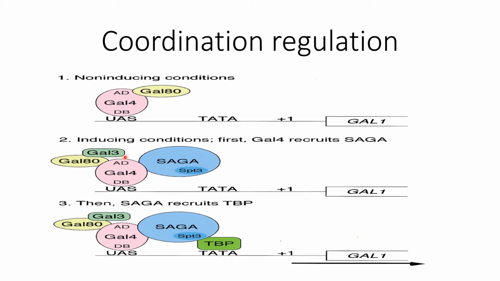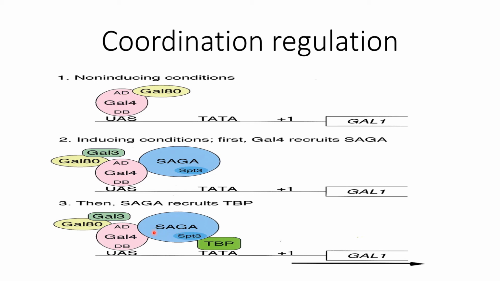The Gal3 protein is activated, and this Gal3 protein binds with Gal80. Gal80 binds Gal4 when there is an absence of galactose. Gal3 is activated when there is a presence of galactose. This Gal3 binds Gal80 and detaches this complex from Gal4. Now Gal4 is responsible for activating the transcription by recruitment of SAGA,